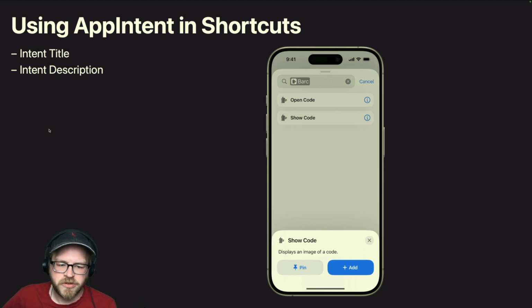So what does this look like in use? We're going to show them in Shortcuts. Again, I know I said that this is far more than shortcuts, but Shortcuts provides a great way to debug these and show where all of these pieces are being used. So on our very first page, this is when you add a shortcut to a shortcuts workflow. This is when you add an intent to a shortcut, I guess is what I really want to say.